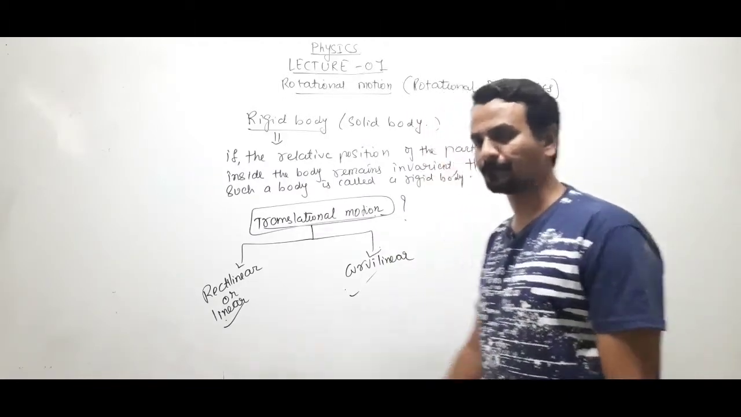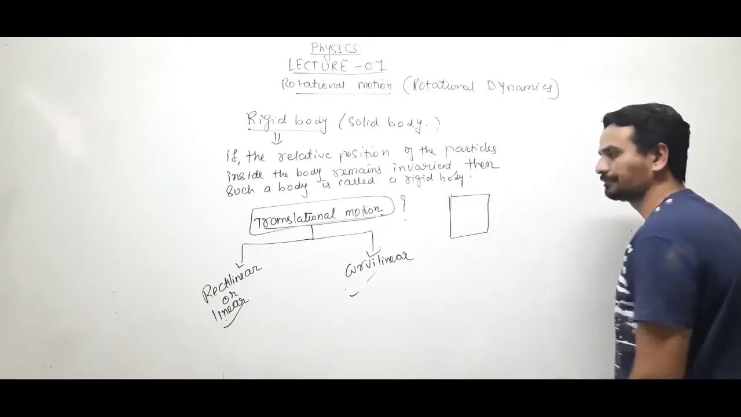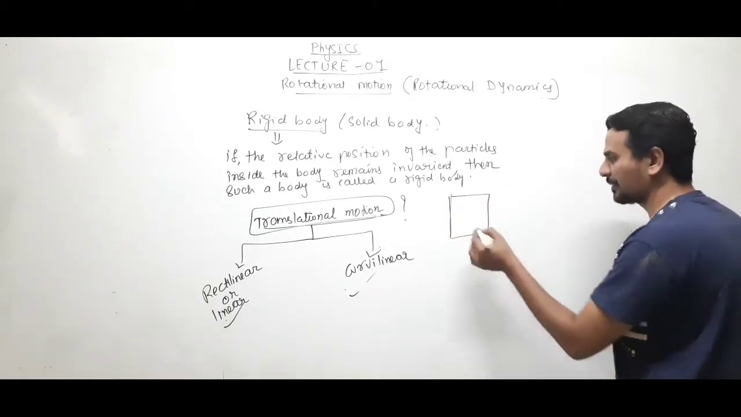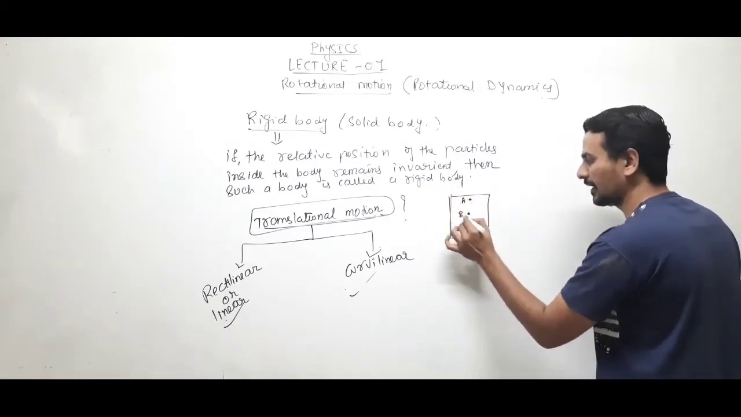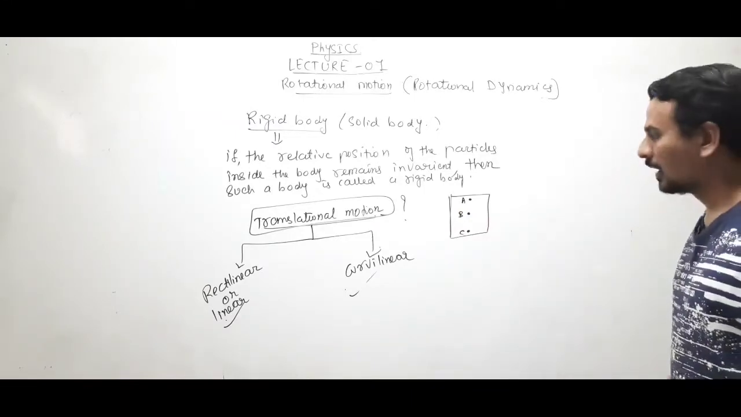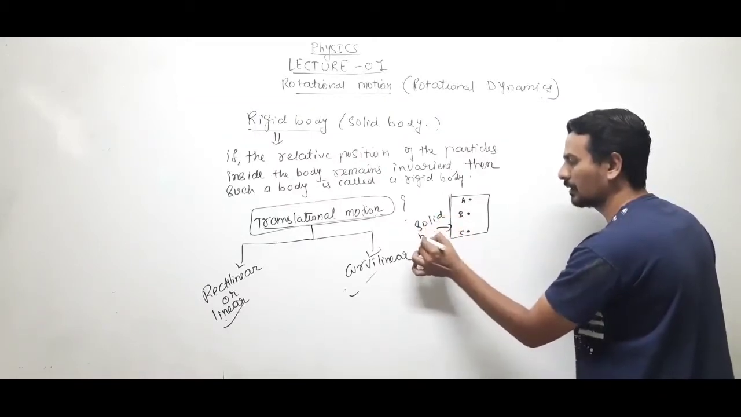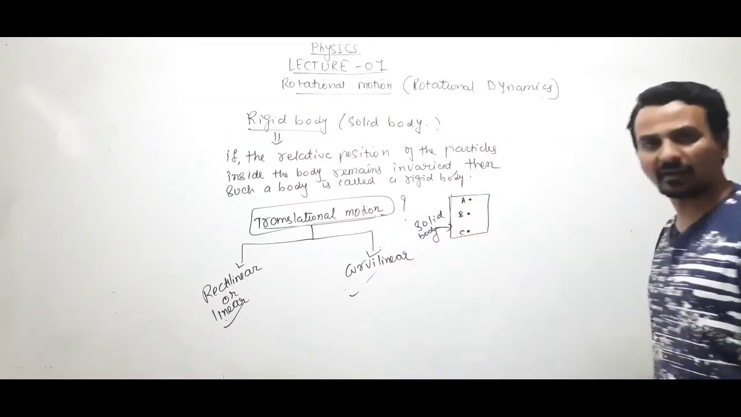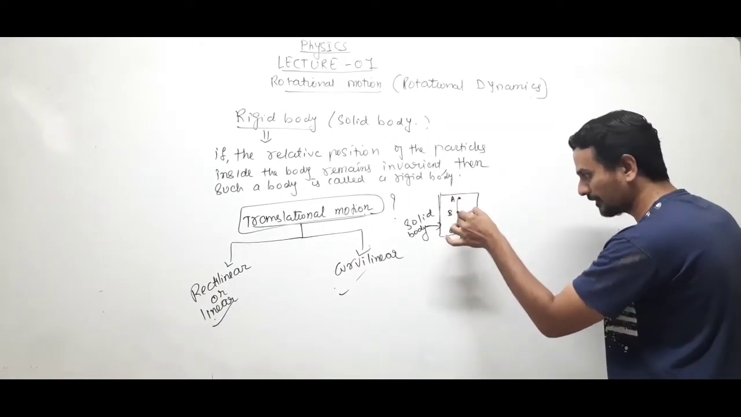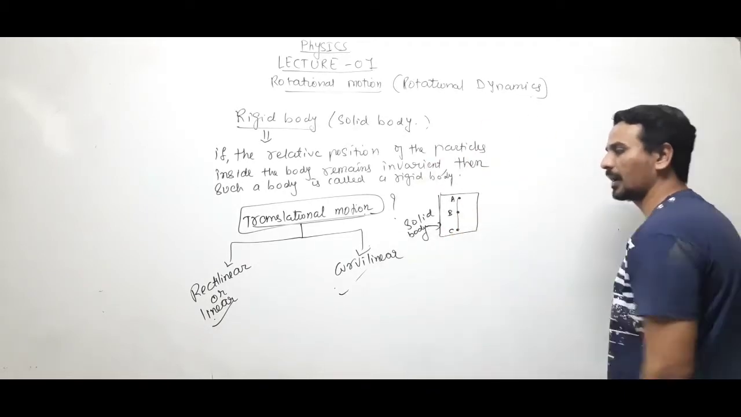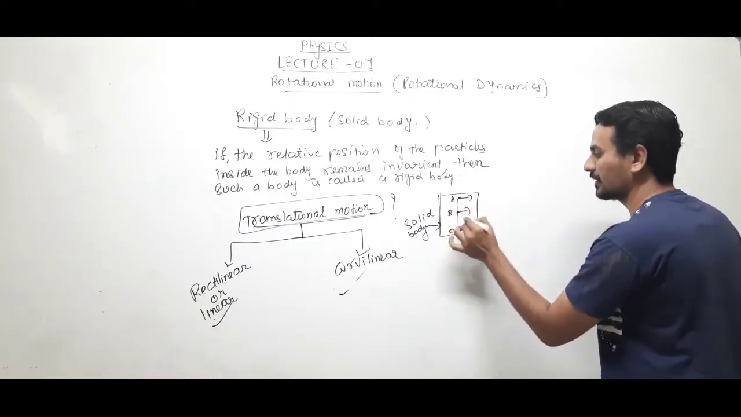Translation motion means, suppose let us take a solid body. This is a solid body. It is made up of many particles. Let us consider three particles like this: A, B and C. Now suppose this is a solid body or a rigid body, and these are the particles inside it. If the motion of the particles remains parallel with each other this way,